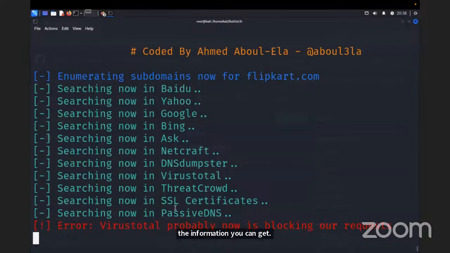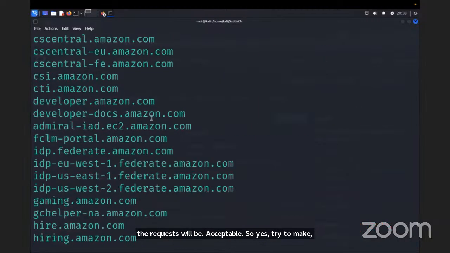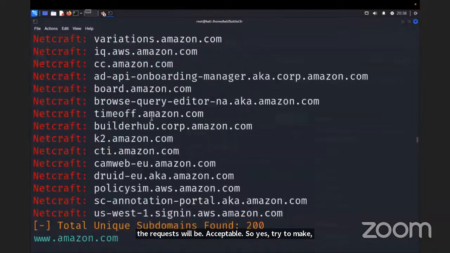See, VirusTotal is probably blocking our requests. Whenever you have a firewall on, it will basically try to block our requests, but a few of the requests will be acceptable. See, guys, try to observe one thing. Whenever I typed my command here,